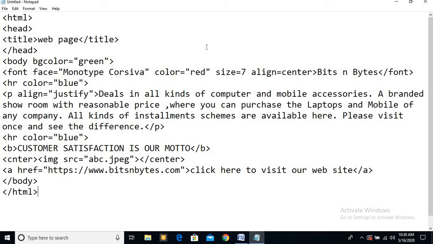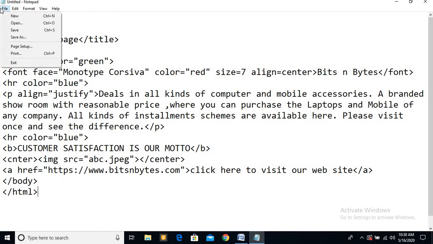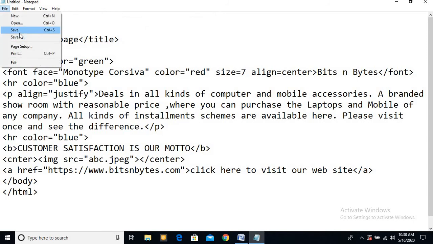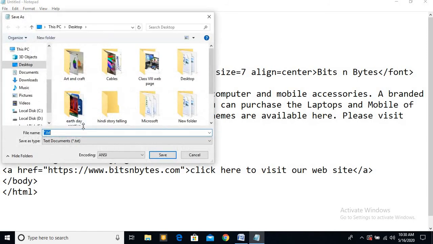For this, click on file, you can do Save As or Save. Click on file, save, and you can use Ctrl+S also. Here, bete, you have to keep it in mind, your image and your HTML file should be in the same location. If it is not in the same location, then your image will not come.